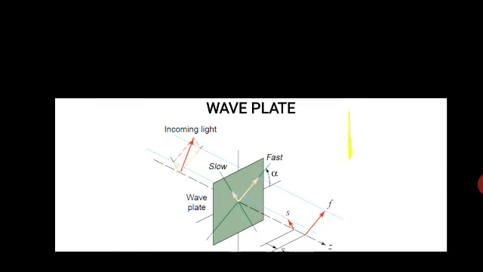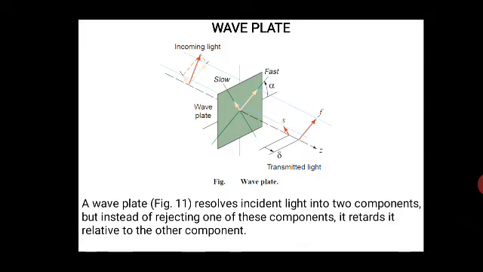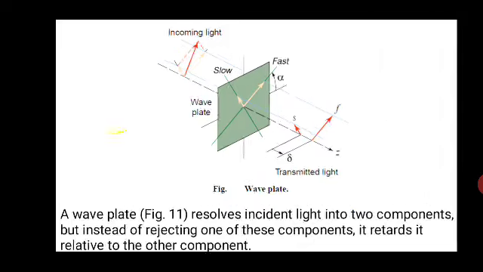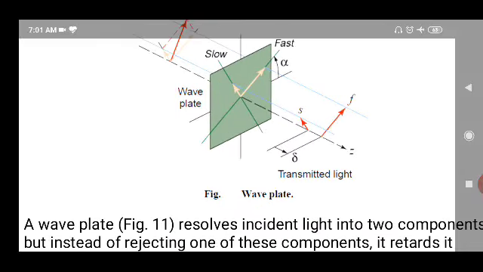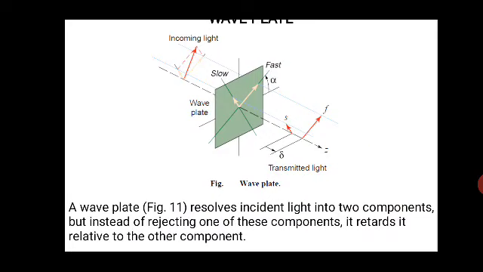The wave plate resolves the light into two components, but in spite of this, it will reject one of these components and it retards, or allows, a relative